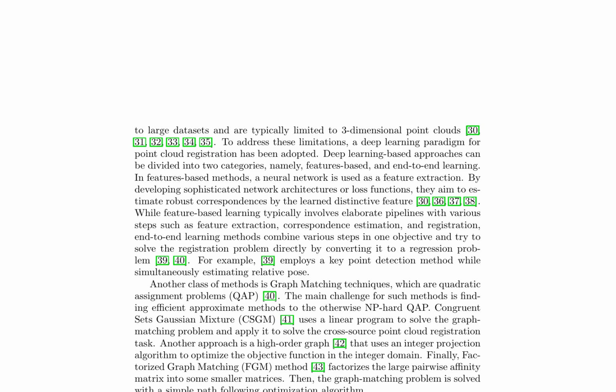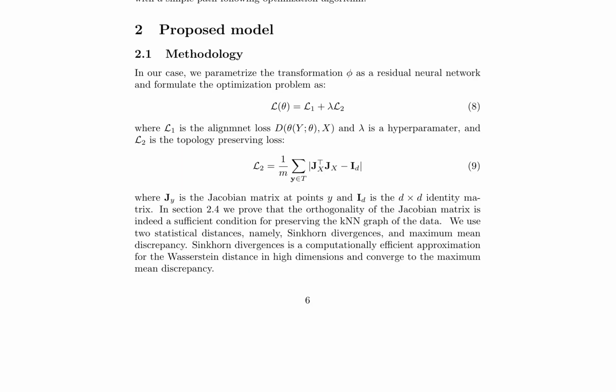In contrast, end-to-end learning methods combine multiple steps into a single objective, solving the registration problem directly by converting it to a regression problem. Graph matching techniques, another class of methods, formulate the registration problem as a quadratic assignment problem, QAP. However, these methods face the challenge of finding efficient approximate solutions to the NP-hard QAP. Techniques such as congruent sets Gaussian mixture, CSGM, high-order graph, and factorized graph matching, FGM, have been developed to address